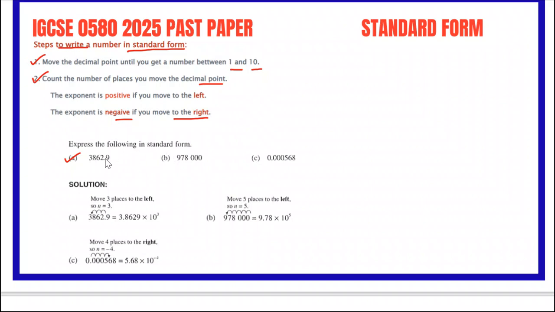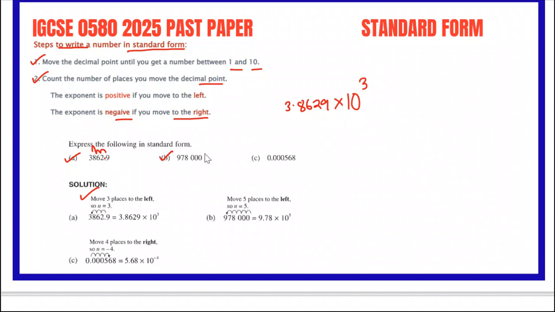So we move this decimal left. If we move the decimal 1 step, 2 steps, 3 steps left, that means we can write 3.8629 times 10 to the power of positive 3. When we move 3 places to the left, n equals 3, so we write 3.8629 times 10 to the power of positive 3. Second question is